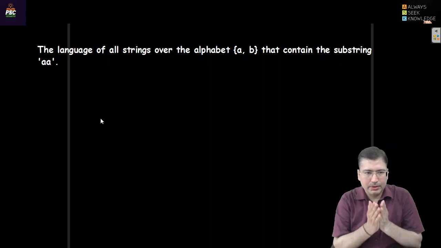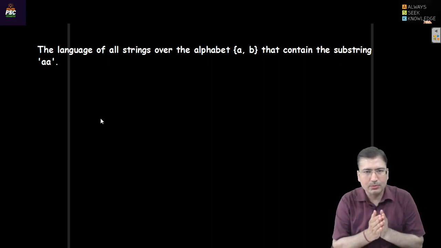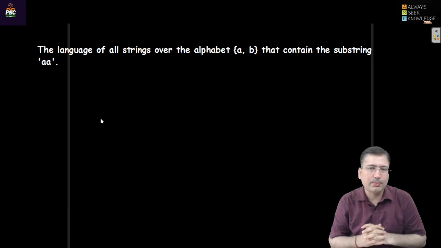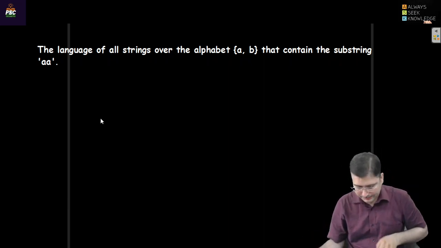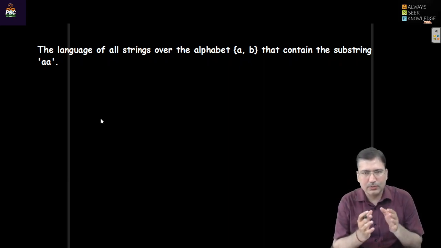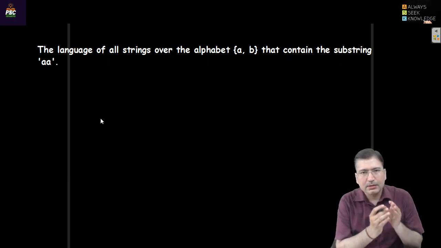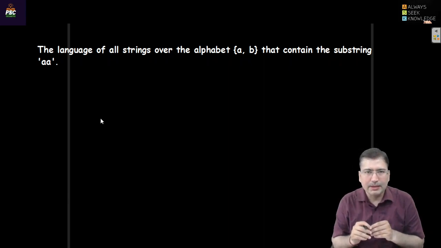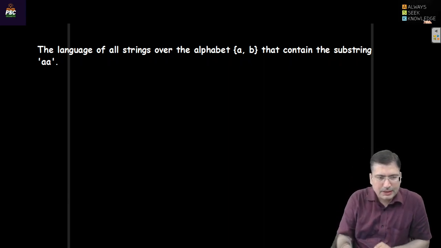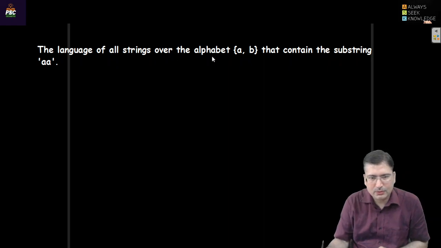Okay, so in this lecture, I'm going to construct a few more automata for practice. In the last lecture, we saw a few languages, like if a language is starting with some specific symbol or ending with some specific symbol, how we can design an automata. Now this language which I have taken here, the language of all strings over the alphabet A, comma B, that